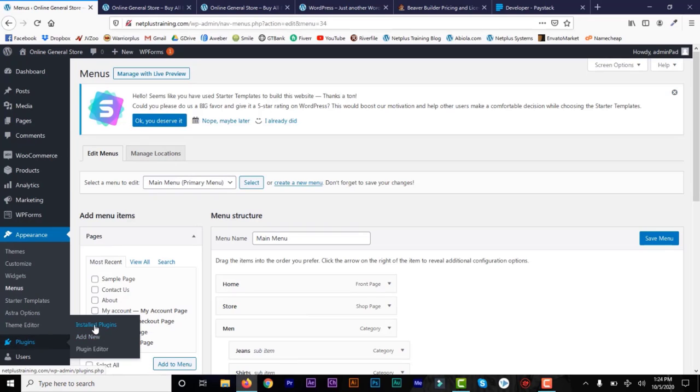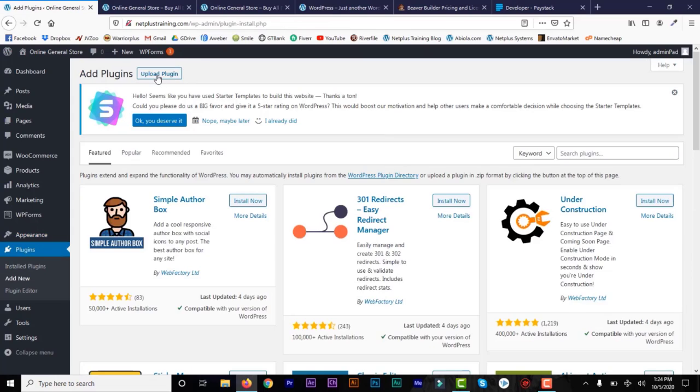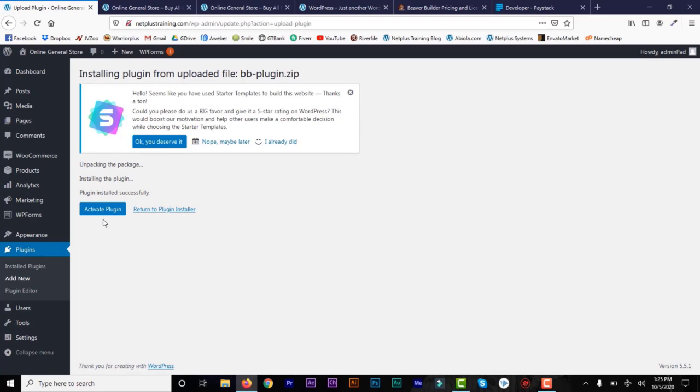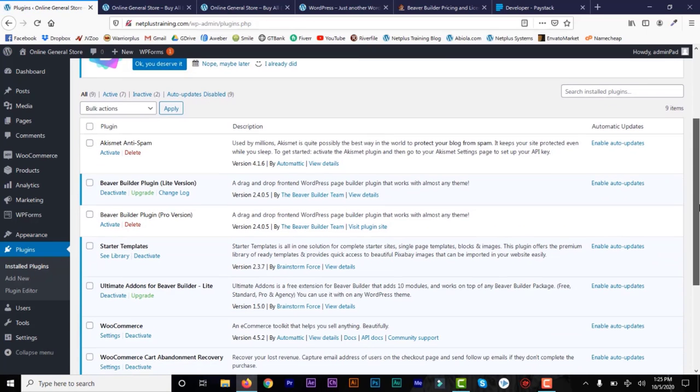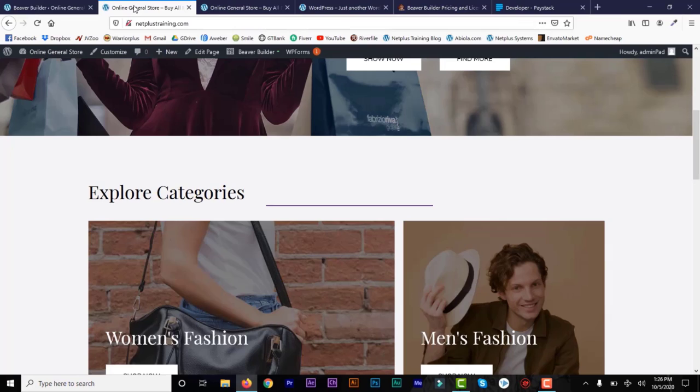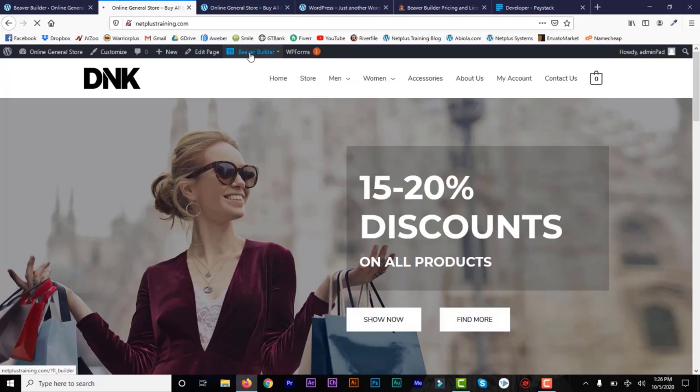So I have the pro version. I'm going to go to all plugins and add new, and I'm going to browse and install the Beaver Builder pro version. And let's do a little bit of comparison now and activate. So if you want to make your store a bigger one, you might want to get the pro version of Beaver Builder. So let's deactivate the free one that came with the demo. And now if we refresh the main page and go to Beaver Builder at the top,